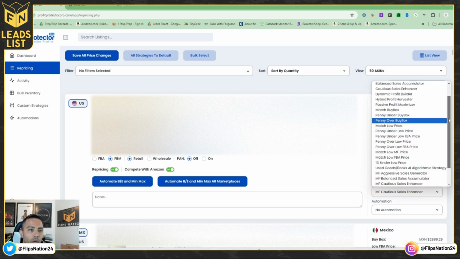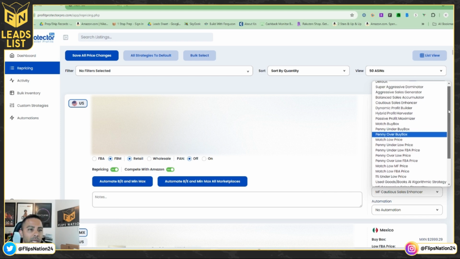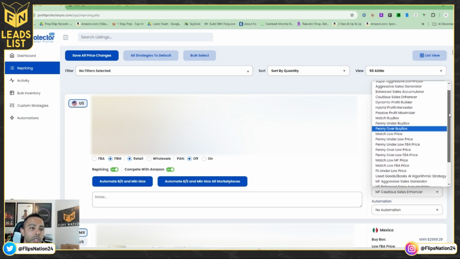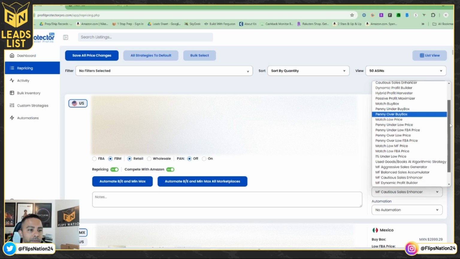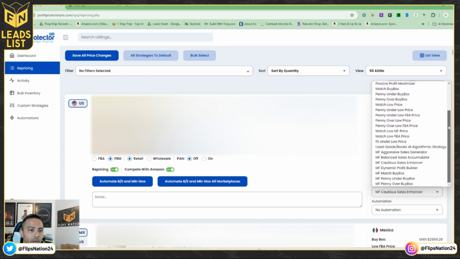Now, it's overwhelming the amount of strategies that they have, but let me just go through the ones that I use so it might simplify, it won't be as overwhelming. First off, this is an FBM product. You can see here that FBM is toggled on. This isn't something that you'll toggle. Profit Protector Pro will already recognize if it's an FBA or FBM product, and it will toggle that on as such. Now, if I go to the drop down here, you can see they have,